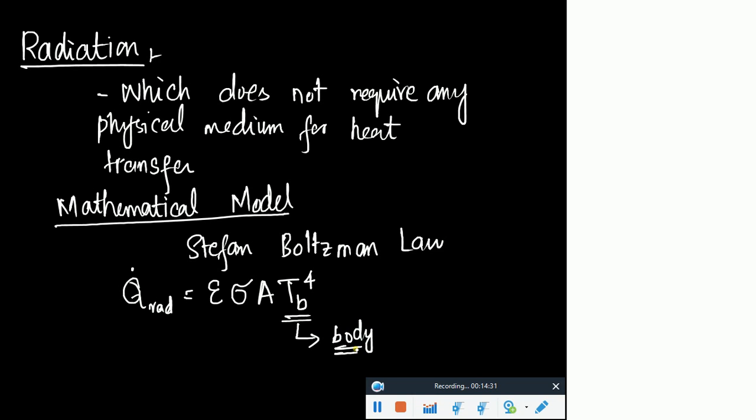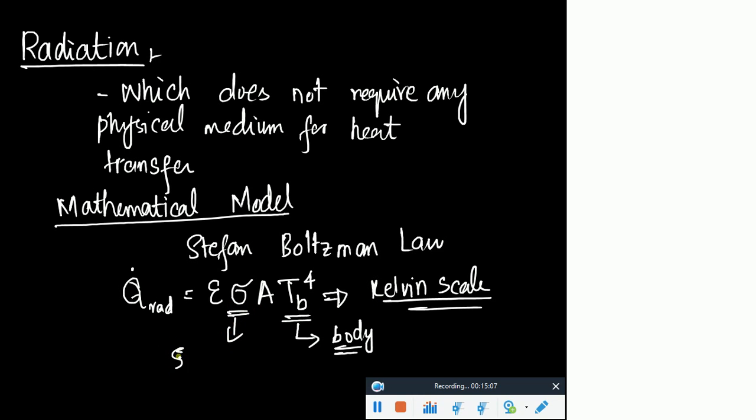Remember that in all of the rest of those mechanisms, conduction or convection, you may use temperature in degree centigrade or in Kelvin, no problem at all. But this is the one where you can only use Kelvin scale. This relationship only holds true for the Kelvin scale. If you use degree centigrade over there, that would be wrong. Remember that. Don't make that mistake.